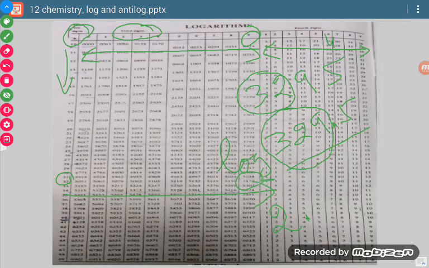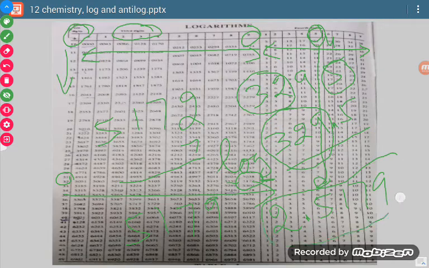I am getting 5172. This is the value. And then for the fourth digit, I will see here. Now in here, this value is 7. So now I will add 5172 with 7, and I am getting 5179. Okay, so I will put this value 5179 here, and this will be the answer, 2.5179.